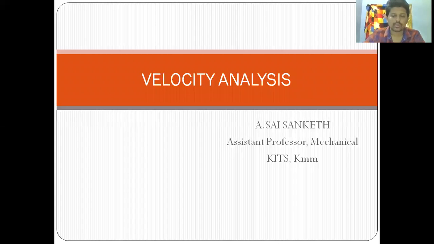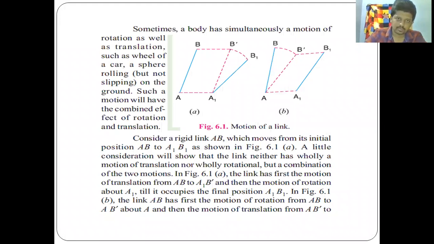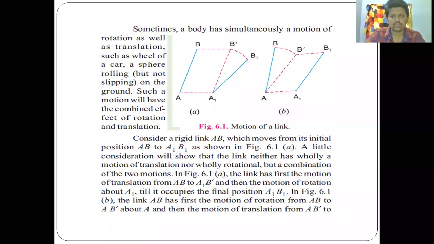So now the topic is, as we know, that links are moving relative to each other. We should also define the velocity analysis part, how you are analyzing the velocities of the links. Before going to the velocity analysis part, we should know the types of motion any link can carry. If you are considering any body, the body has simultaneously motion of both rotation